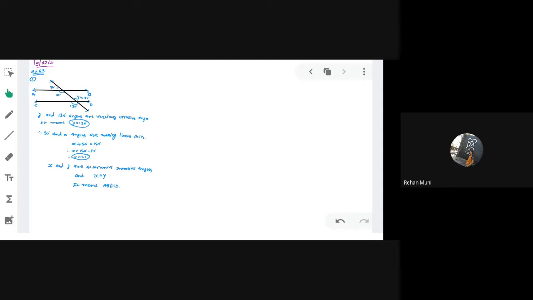Now you can see, the rest of the questions we will do in the next lecture. There are 6 questions in 6.2. We completed the first question and the rest of the 5 questions we will do in the next lecture. For homework, you have to write down these two questions: 6.1 question number 6 and 6.2 question number 1 in your fair book, and the angles made by the parallel lines you have to write down 2 times in your rough book. Sir, one time in the rough book and one time in the fair book.